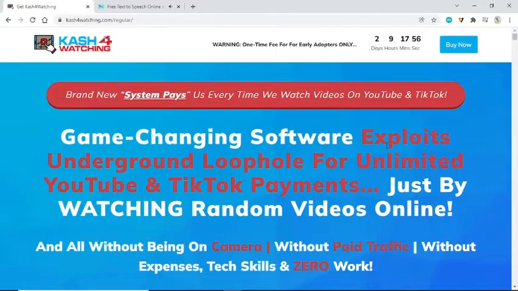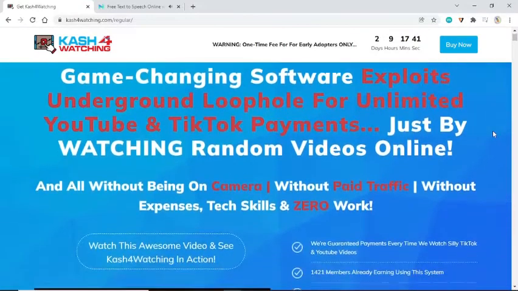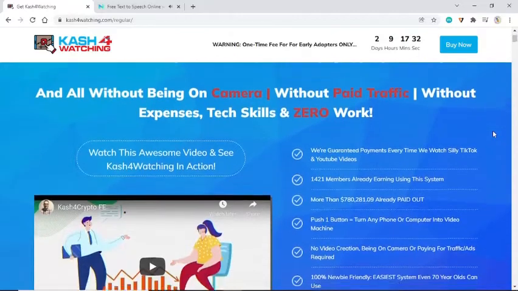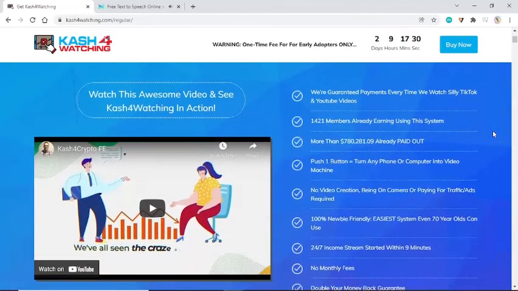pays us every time we watch videos on YouTube and TikTok. Game-changing software exploits underground loophole for unlimited YouTube and TikTok payments. Just by watching random videos online. And all without being on camera, without paid traffic, without expenses, tech skills and zero work. Watch this awesome video